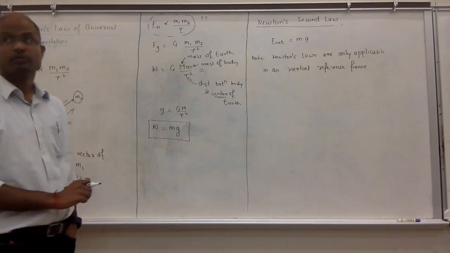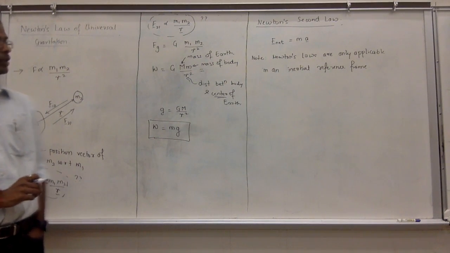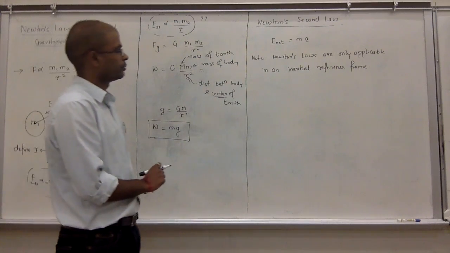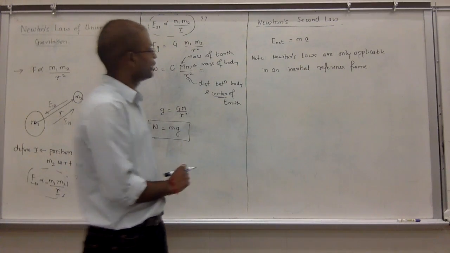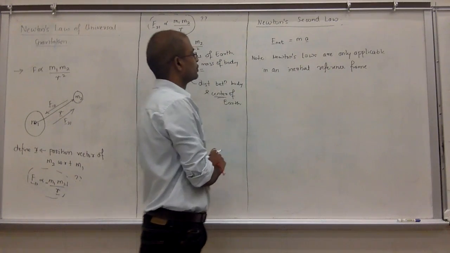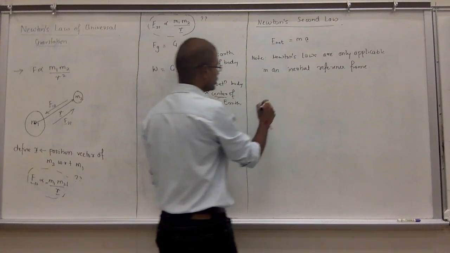Give an example of which is that in inertial reference. Yeah, we'll talk about inertial reference here. So this you have to understand. Okay, F net is equal to, now also it's important that you